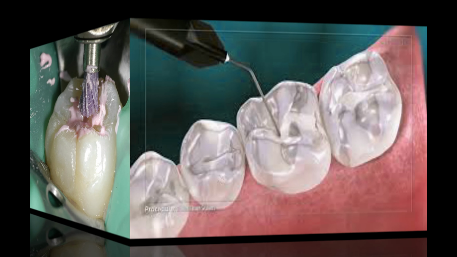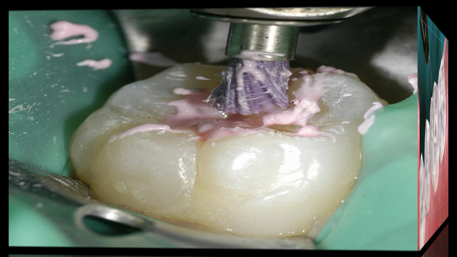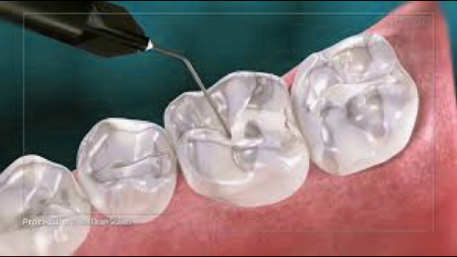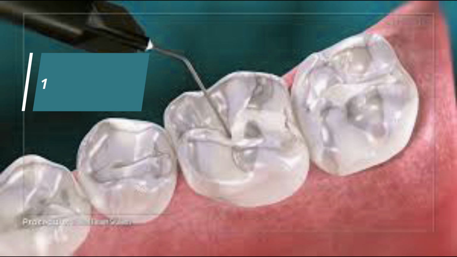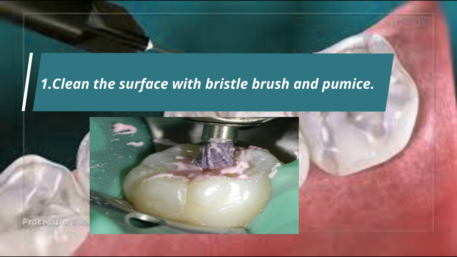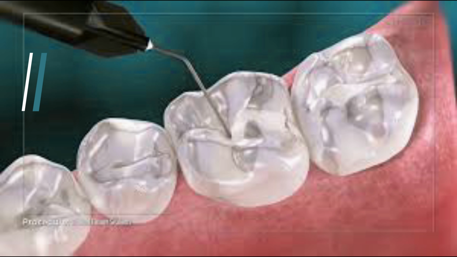In step 1, cleaning the pit and fissure surfaces, plaque and debris might interfere with the etching process or sealant penetration. Historically, it has been advocated to clean the surfaces with a bristle brush and pumice. Air abrasion also has been suggested for preparation of the occlusal surface before sealant application. Note that the use of prophylactic pastes, especially those with fluoride, has been discouraged because it was thought that the fluoride might make the enamel surface less reactive to the etching and thereby reduce the bond strength.